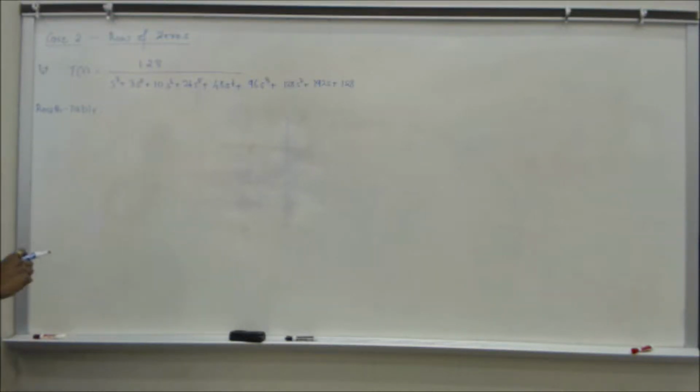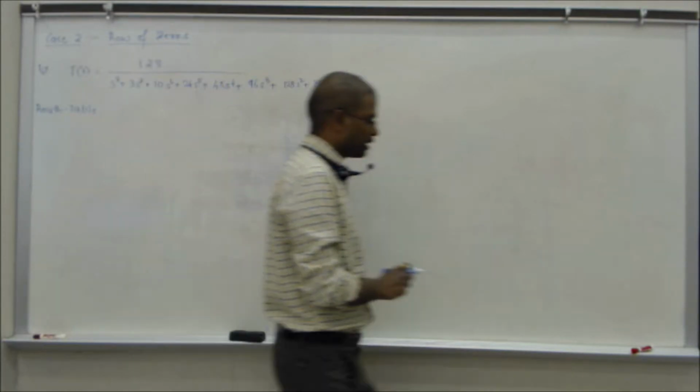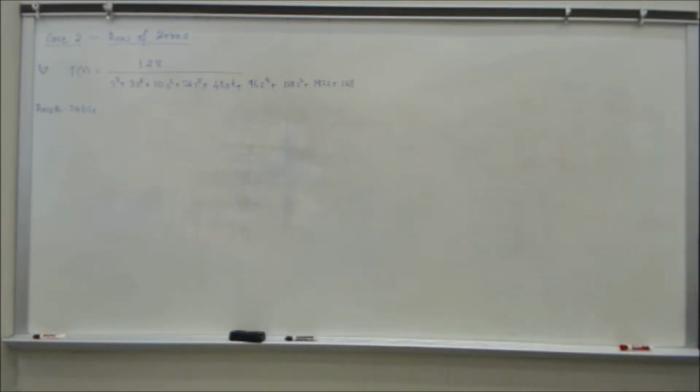This is the 8th order system here. So if you have something like this, you can do a Routh table. You have to realize something like Routh criteria or Routh-Hurwitz criteria,